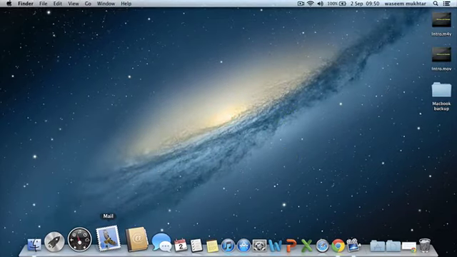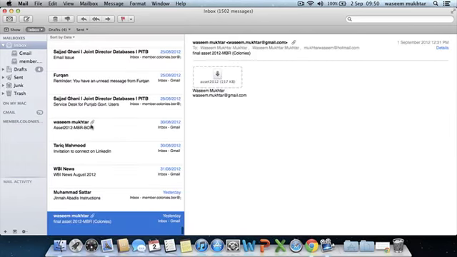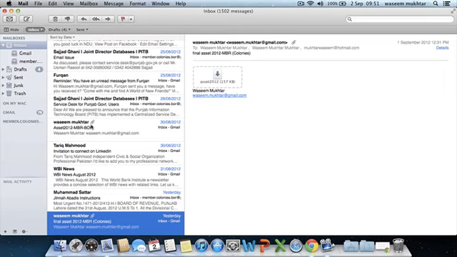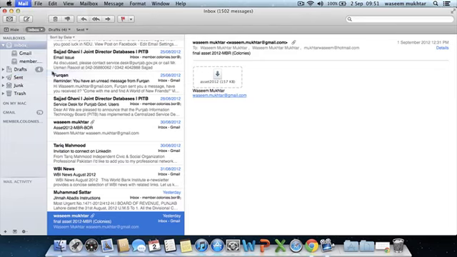Next up, Mail. Mail has really improved. Guys, just let me tell you that I downloaded Mountain Lion from Snow Leopard, so I don't know if this was introduced in OS X Lion, but from now on you can see the mail and your inbox from the same app. In Snow Leopard, the inbox was up and the message which you wanted to read was down. That really sucked, but this is really cool. I want to congratulate Apple on that.